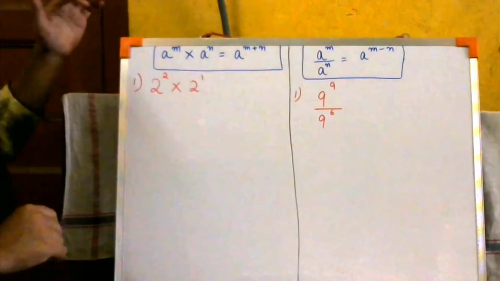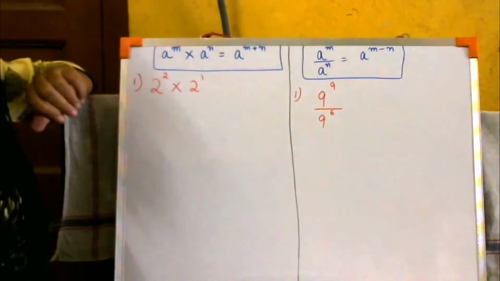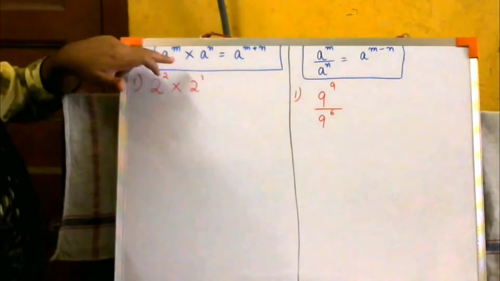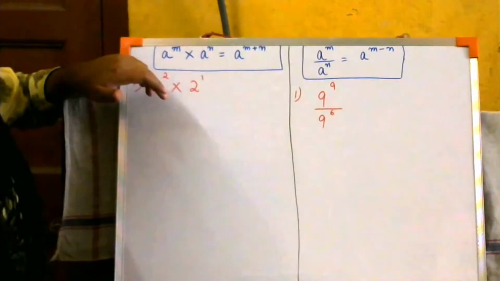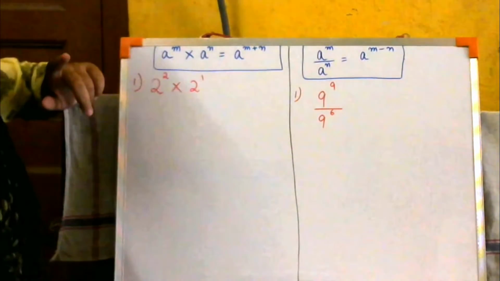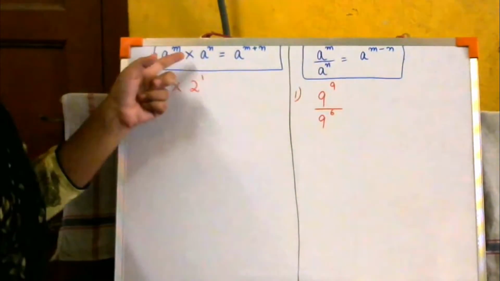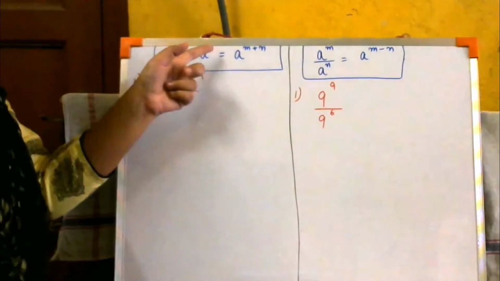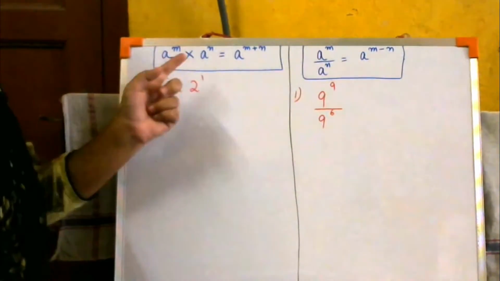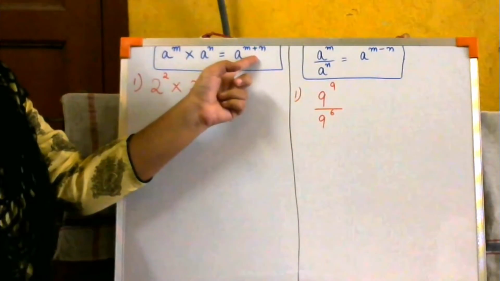Okay, now let us go to the next 2 types of laws of exponents. So the third law of exponent was a to the power m into a to the power n. Just now I told you when I was explaining the laws of exponents, if it is a multiplication sign, you are going to add the powers, provided your bases are same. The base should be the same, the number below the power should be the same. It is equal to a to the power m plus n. You're just going to add the powers.